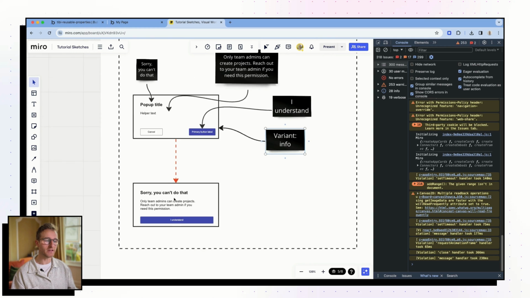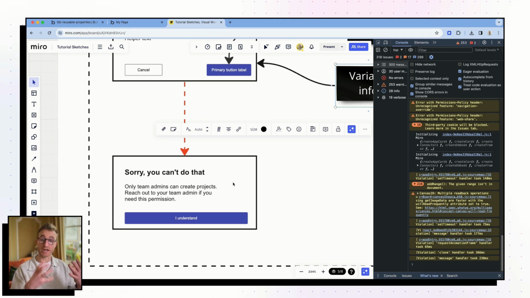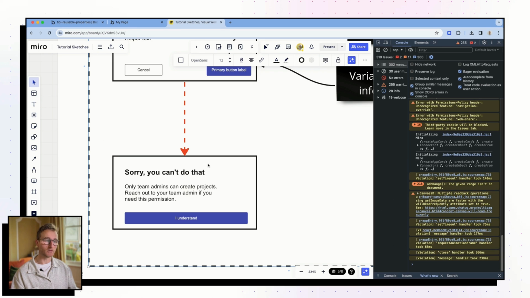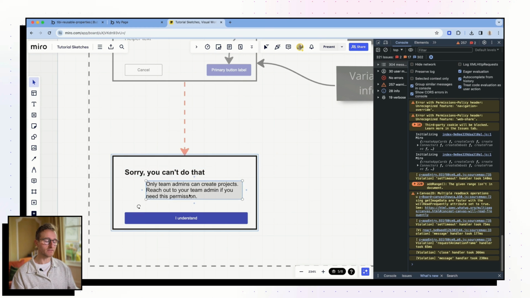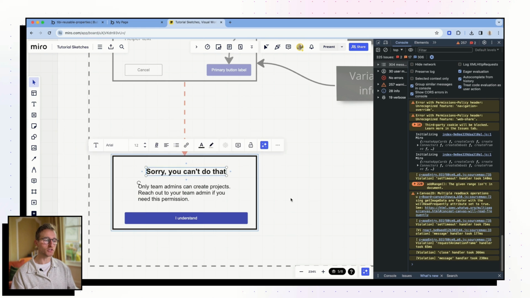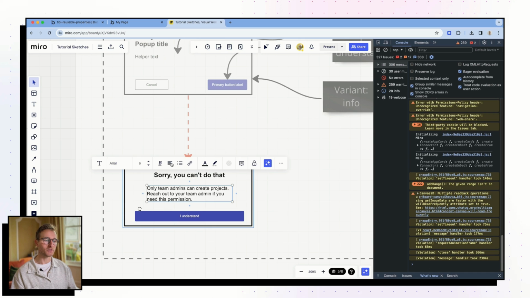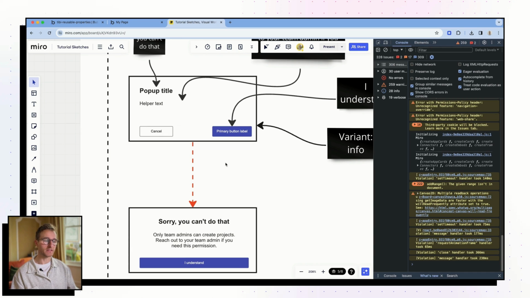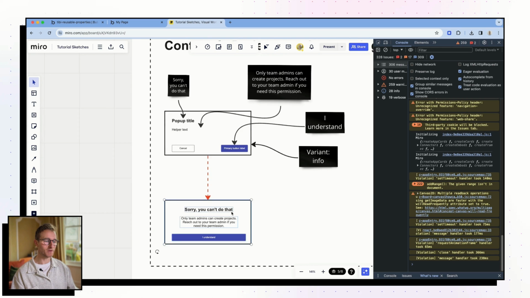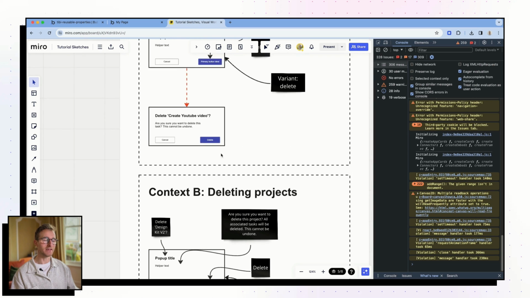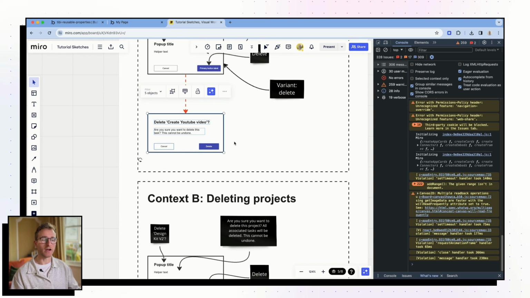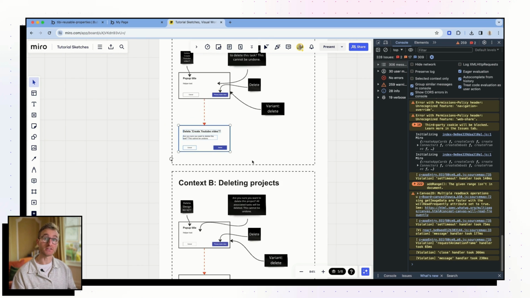And depending on the variant that we feed, we can do other things like change the layout, change the colors, change any kind of styling properties that are going to make the pop-up look different. So in this case, let's say we actually have removed the cancel button, and we could even center align this stuff as well. You could do anything that you want in order to make this pop-up feel different. But the key thing is that under the hood, it's the same pop-up, right? This pop-up is the same as this, is the same as this. It's just that depending on the values that we feed to it, it morphs, it takes on a different shape, right? It adapts to the context in which we put it.